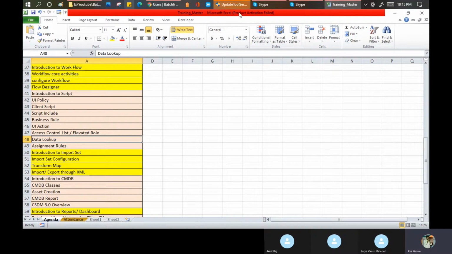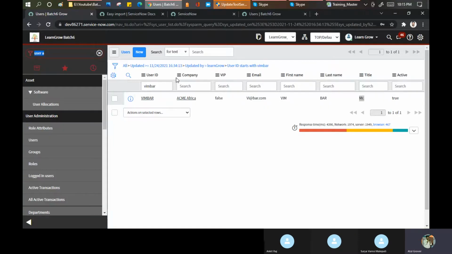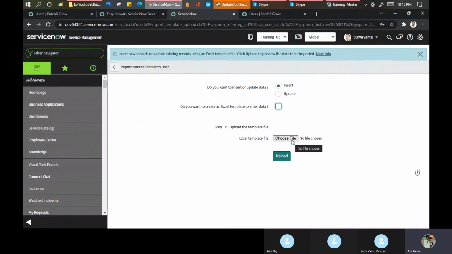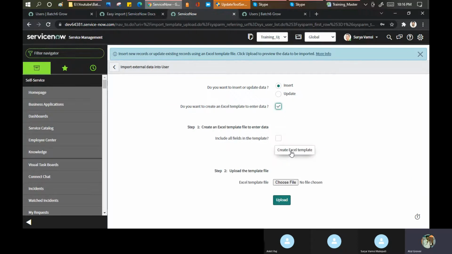So what I showed you here, I say create Excel template. If you have already built it, you can use it. Include all fields. Maybe it will not include all fields. Let's see what it imports. See, it's done quickly.